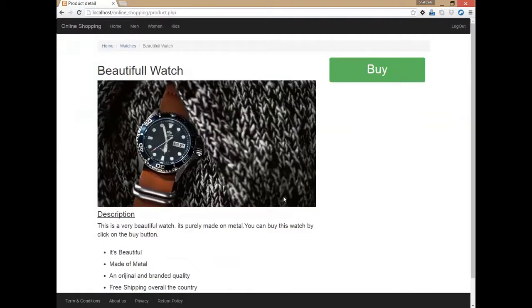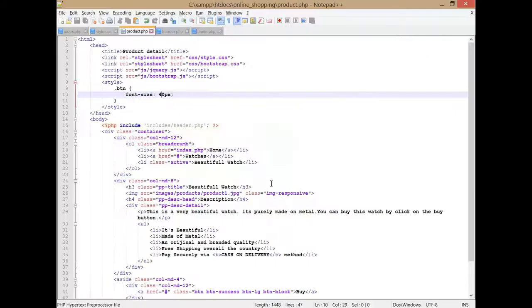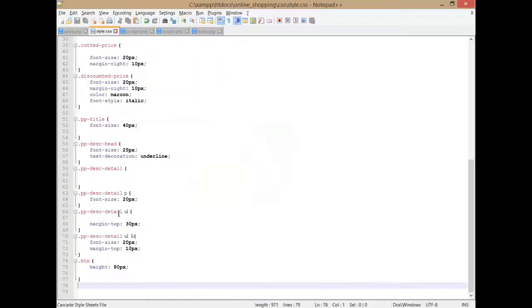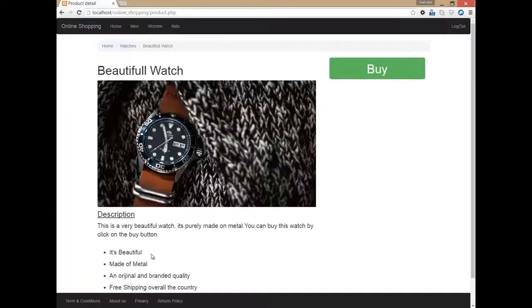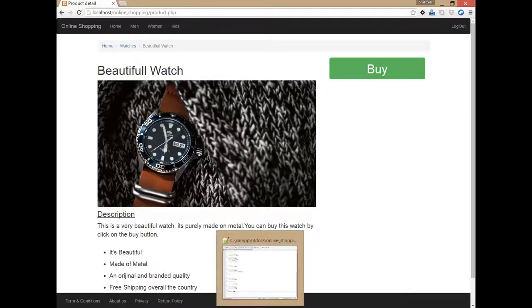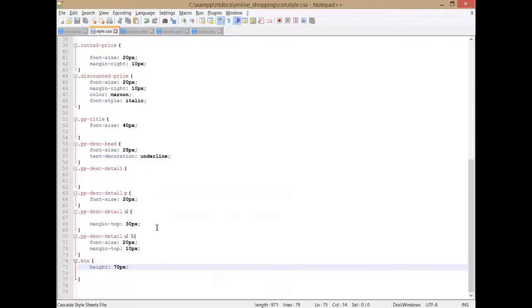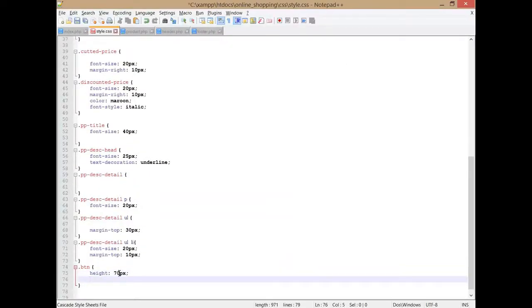Okay, it's looking fine, but one thing I want to do for now is make it a little smaller. If I make it 70 pixel, yeah, it's looking more beautiful, because what I want is to make a balance where this image is starting and the button is ending in the same place, so it's actually managed. But why not do one more thing, press enter and type